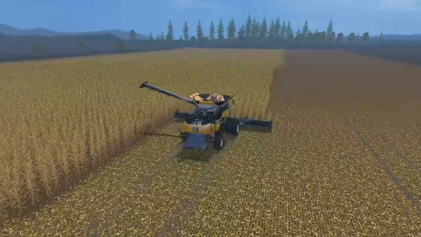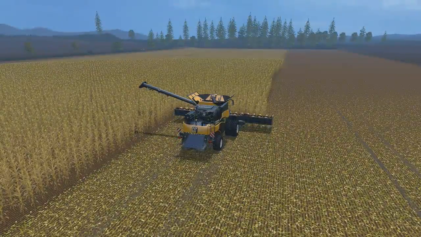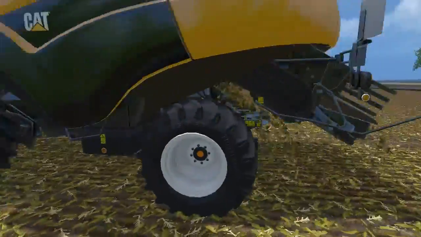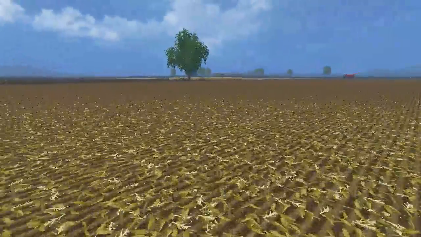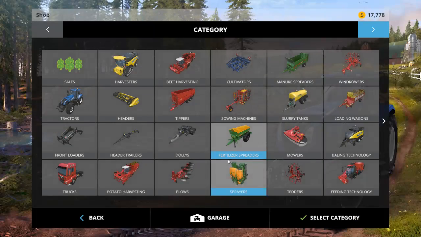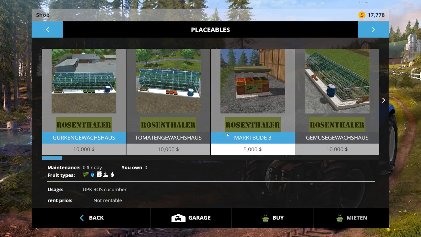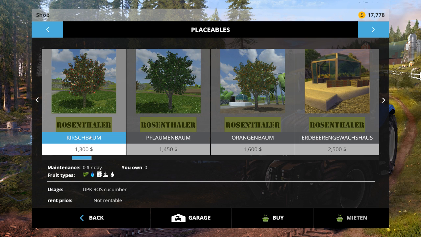Perfect. All right, so what I'll do is turn this off for a quick sec. I'll finish up this field off camera. Let me know what you would like to see next. Let me see how much money we have. We have $17,000, and we do have the capability of starting an orchard. Technically, apples. What is this? That's cherries,